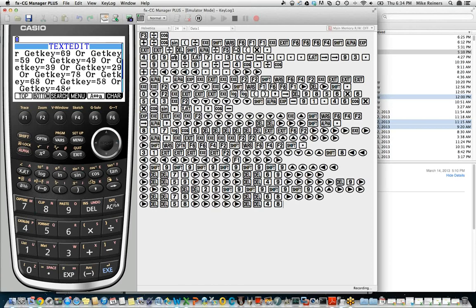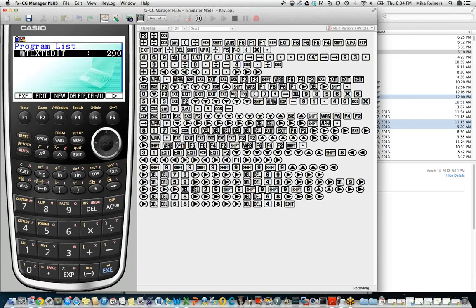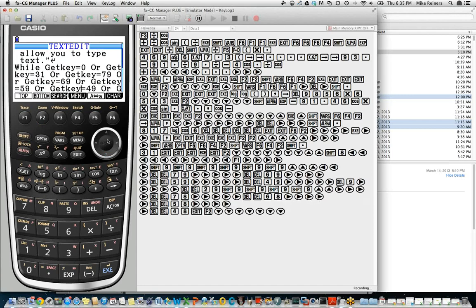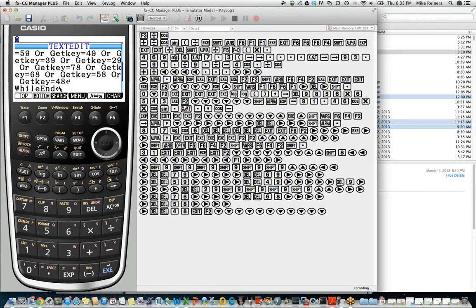Now, you can see that this technique that we're going through is going to create a massive, massive command line. If we press the exit key and go back, you can see that our program has already swelled from 88 bytes to 200 bytes. That's a large program. So if we go back into our program and we realize, my gosh, if we're going to list all of these keys and say you can't press any of those keys, then we're going to have really, really long code.